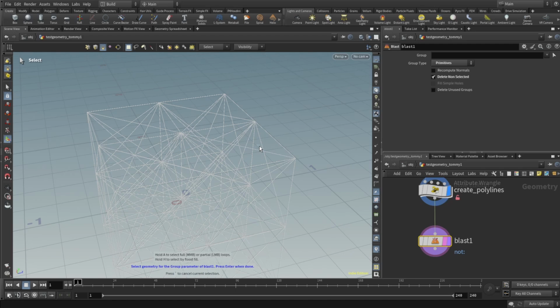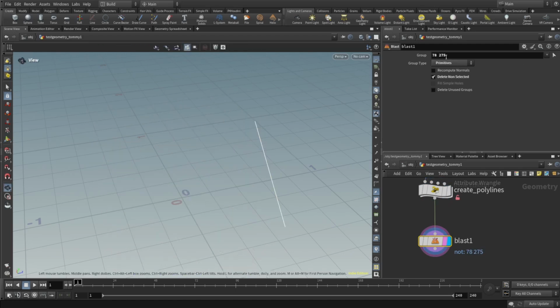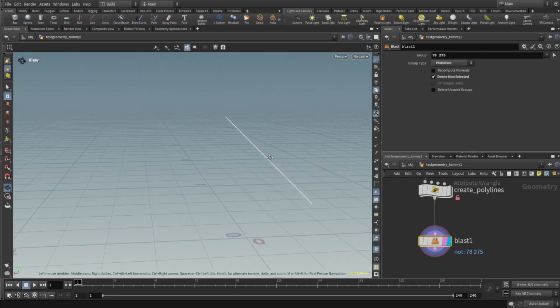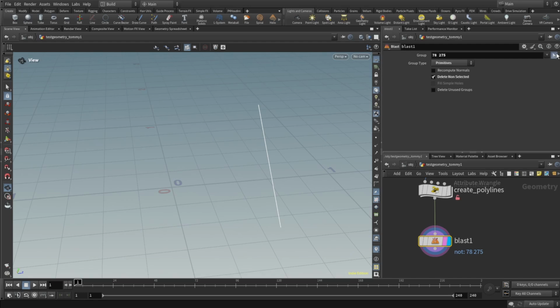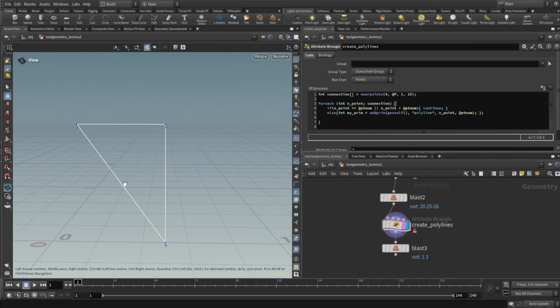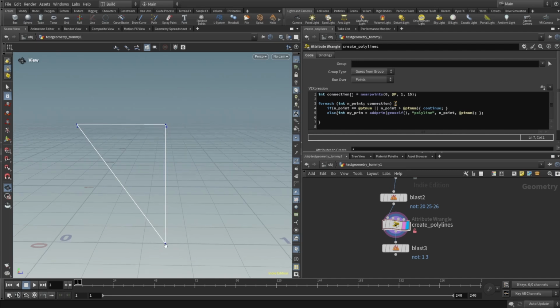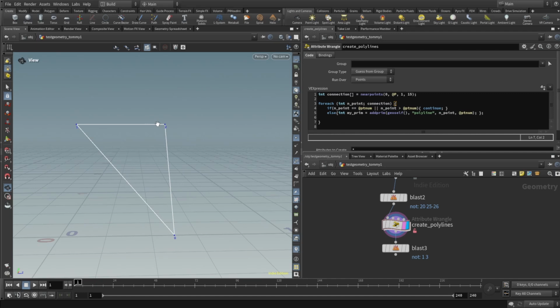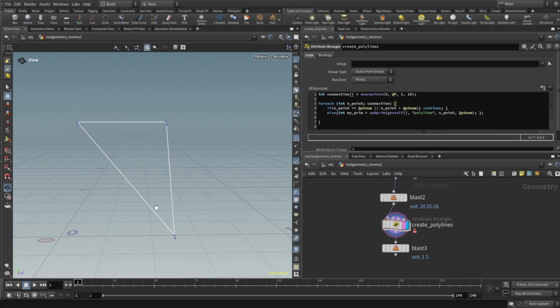If I try to remove, for example, this edge, you can see it's 78 and 175, meaning there are two edges on top of each other. And as you can see, they actually sit on top of each other. The problem was that the connection array contains values back and forth. So point zero's connection array was 0, 1, 2, meaning the script draws a line between 0, 1 and